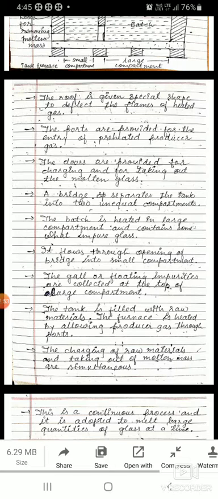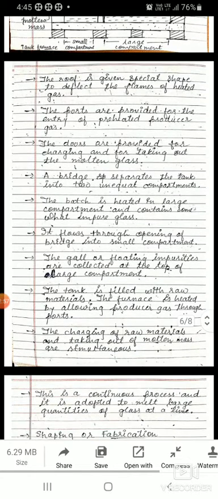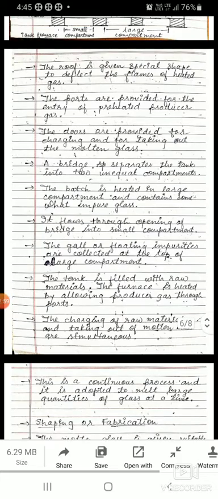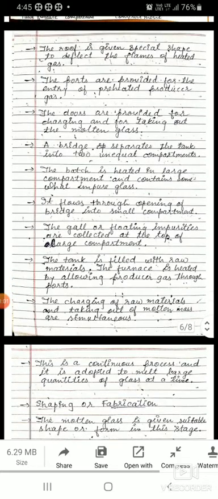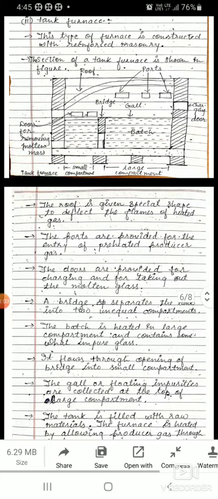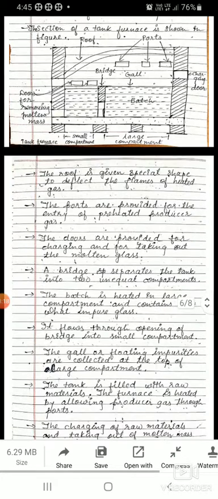It flows through an opening of the bridge into the small compartment. Whatever material is taken into the large compartment is heated by producer gas which comes out from the ports you can see in the figure.